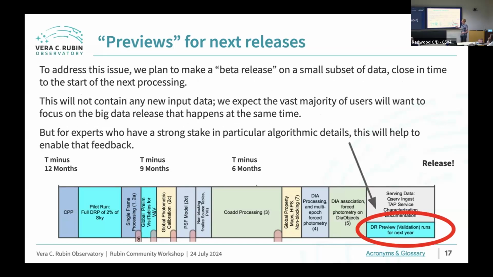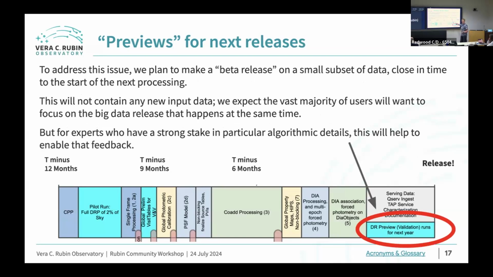So that's just a big, complicated problem statement. The pitch here is that what we're starting to put plans in place for is to make this, think of this as a beta release. So at the very end of the production, there is this time where we are going to be pushing the data into QServe, pushing it into the science platform. We're not going to be busy doing a whole lot of processing. It's mostly going to be done, mostly putting the polish on things and making it available.